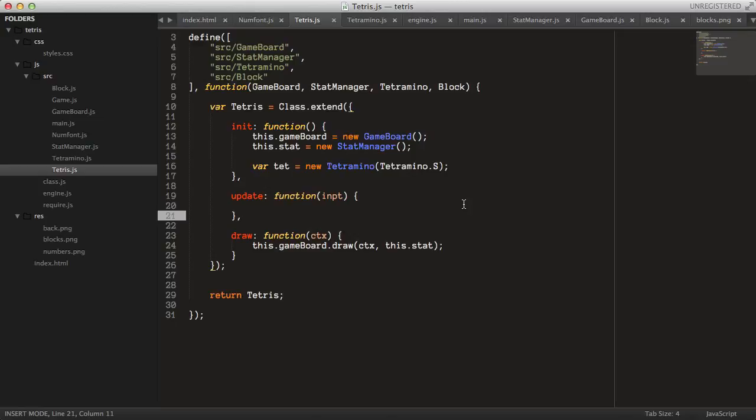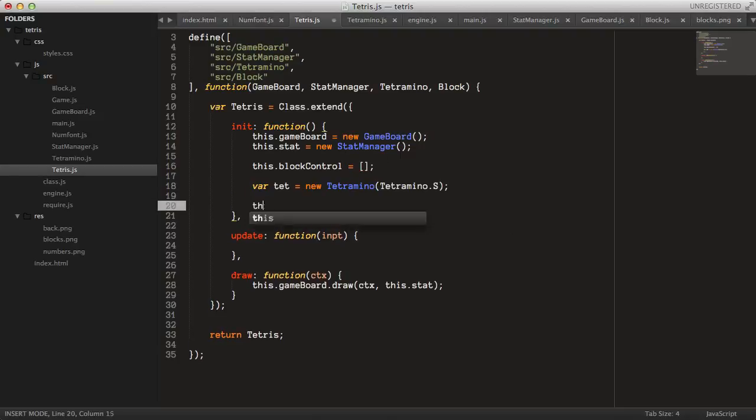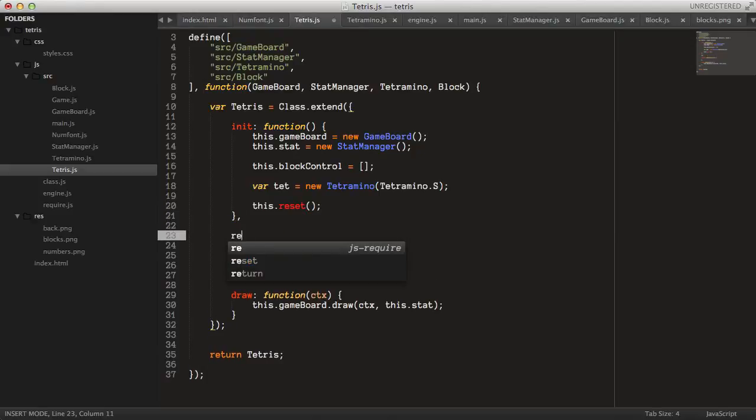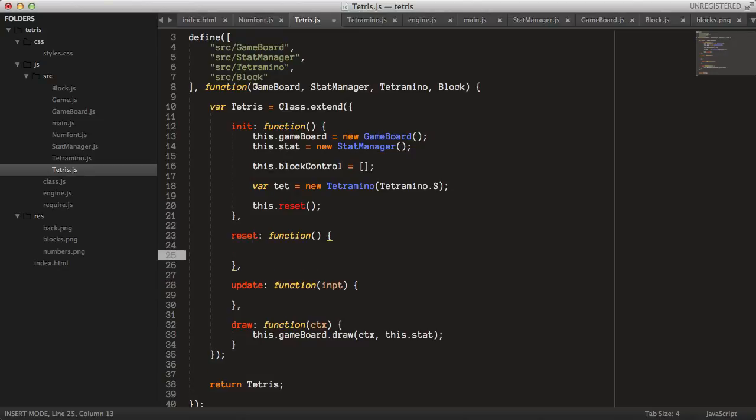And to do that, we will create a block control. So we can say this.blockControl should be equal to an empty array like that. And then down here we want to just call this.reset. So the reset function looks like this. And inside of here we just want to populate the block control. So we want to empty it first, and then we will say